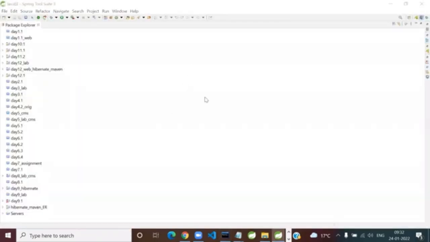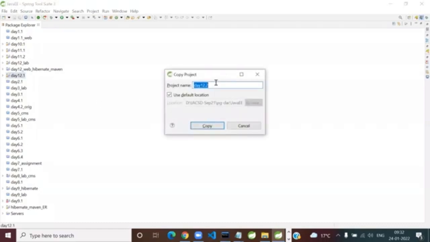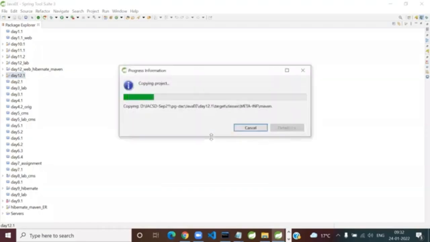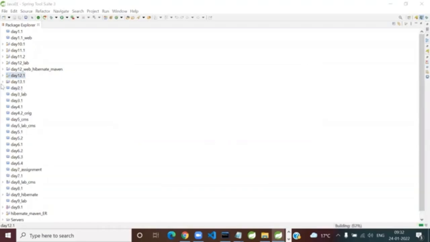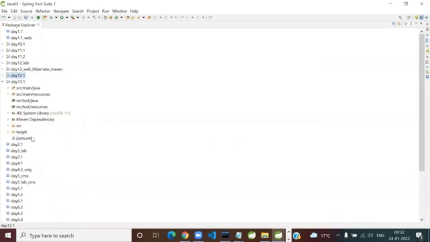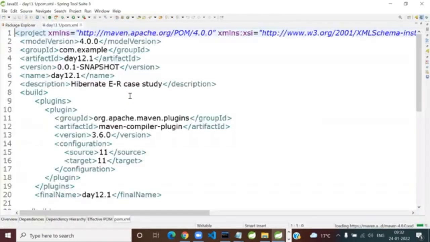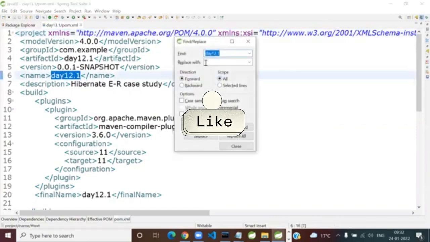Okay. So let me do it with you. Open that form.xml and here globally replace. What is it? 12.1.